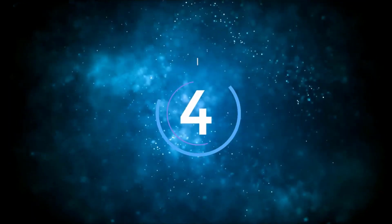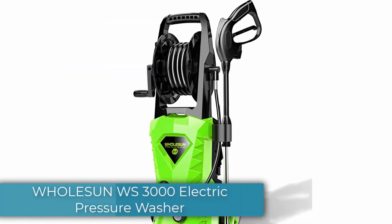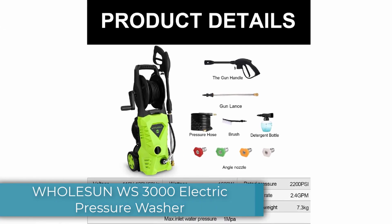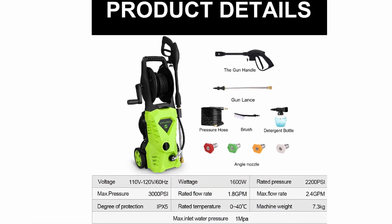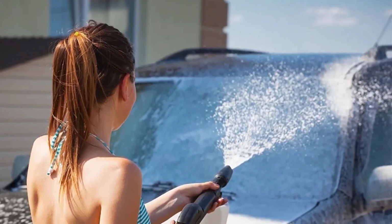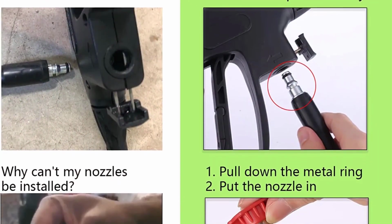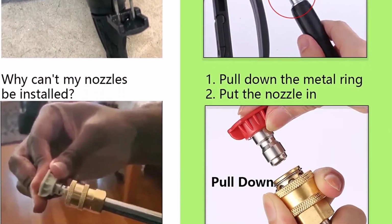Number 4. WHOLESUN WS3000 Electric Pressure Washer. The WHOLESUN 3000 psi Electric Pressure Washer checks all the boxes on the list of what makes a good power washer. It comes with 4 quick connect spray tips. It's easy to move and store. It has a nice reel for the pressure-rated hose, and it's promoted as pumping out 3,000 psi and 2.4 gallons